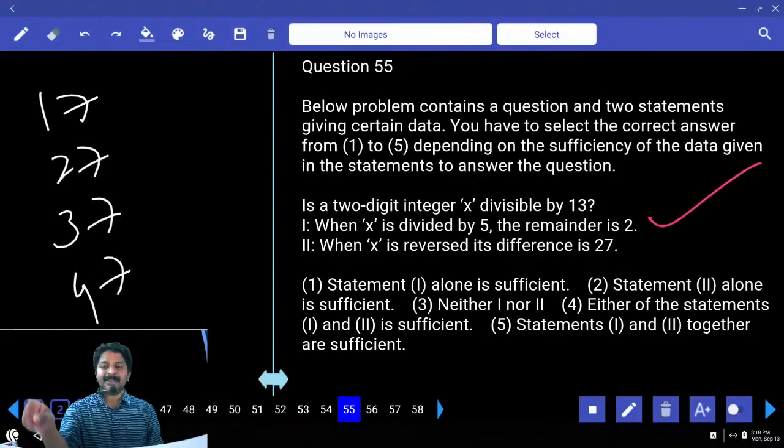Even though you are getting multiple number combinations, even though you are not able to identify a unique number, any number which ends with an odd digit cannot be a multiple of 4. So in such a case, though you don't get a unique number, we can answer the question saying no, these numbers are